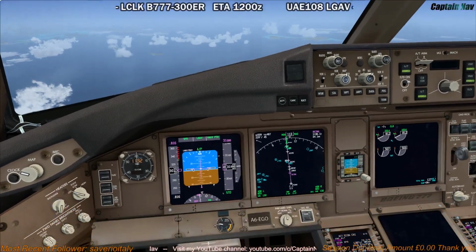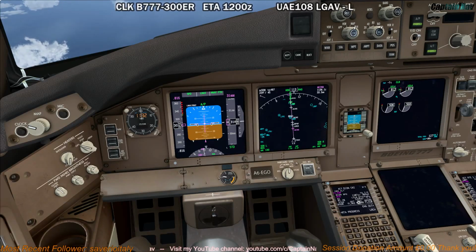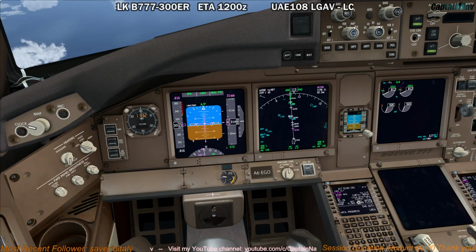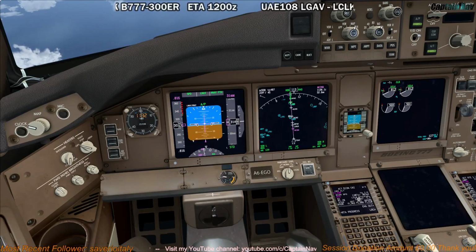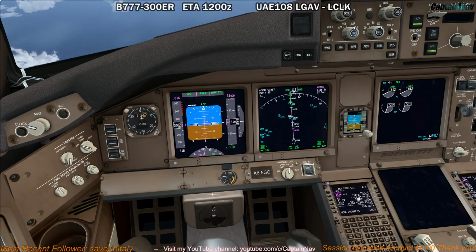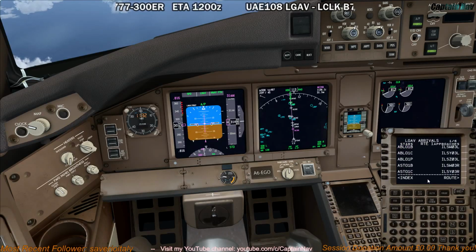So welcome to part 2 of this flight from Athens to Larnaca. We're at 31,000 feet over the Med, pointing towards Larnaca. It wouldn't be good if we were pointing in any other direction. And I'll start having a look at the